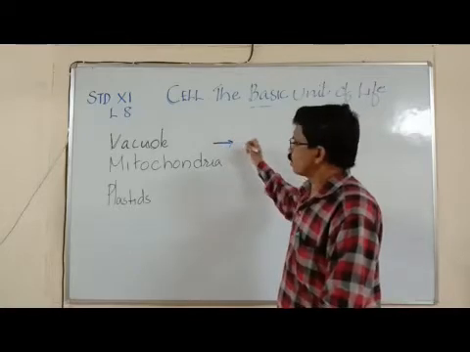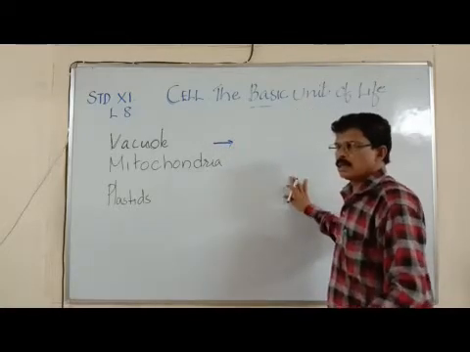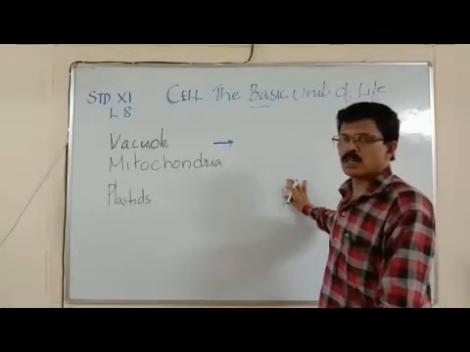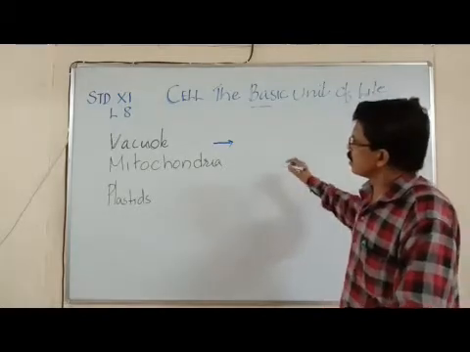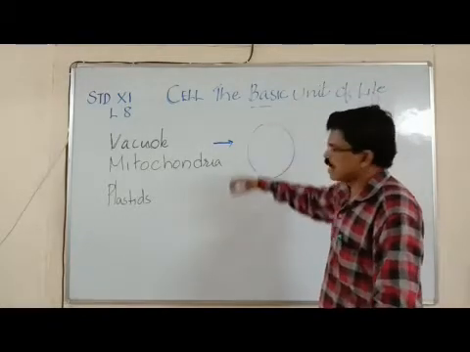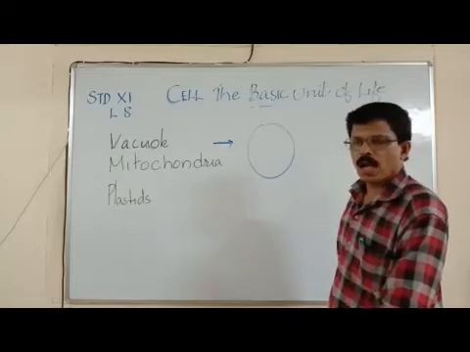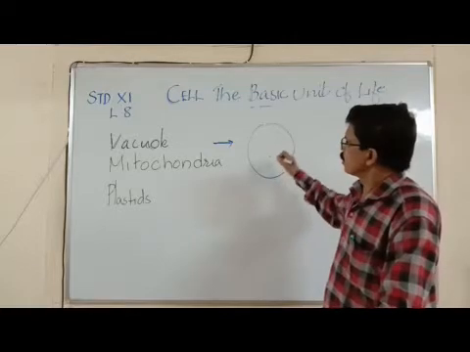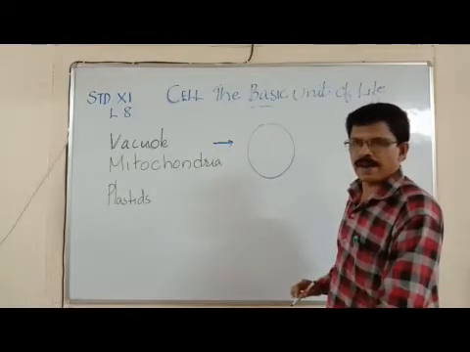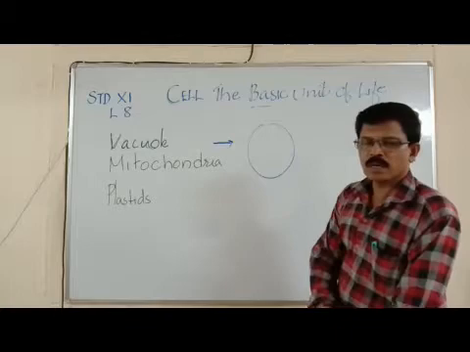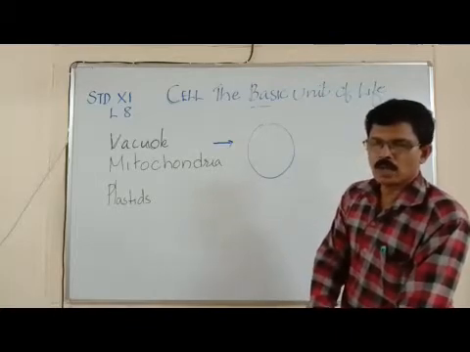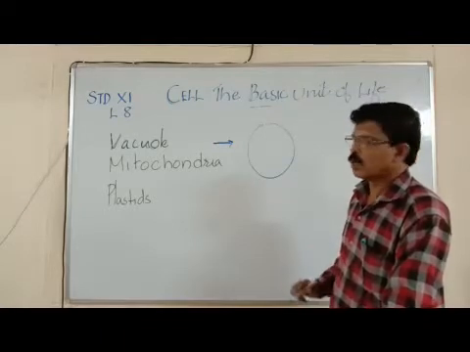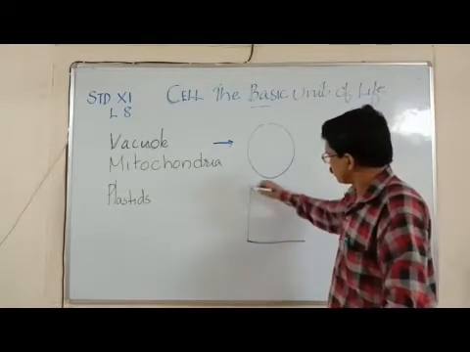You know, vacuoles are spherical or vesiculated structures filled with water, cell sap, and also various types of food and waste materials inside the plant cell. So plant cells contain very big sized vacuoles. A plant cell has a large vacuole at the center, pushing the nucleus to one side.